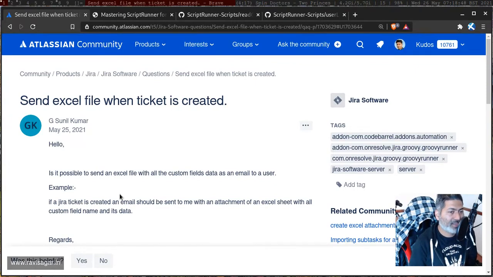Like in this case, you also want to send an attachment. And by the way, it is in Groovy, so there are plenty of examples that you can find online to also learn how exactly it works. Now, talking about Excel sheet,